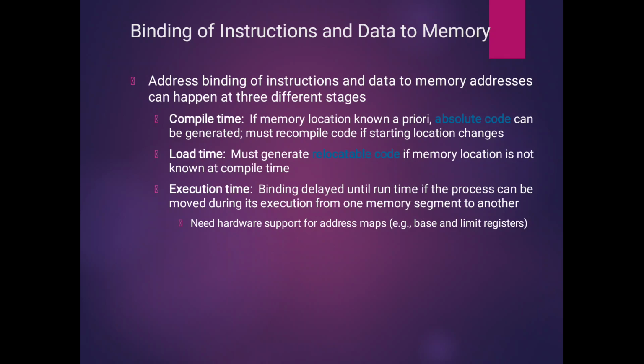You must recompile the code if the starting location changes. At load time, we must generate relocatable code if the memory location is not known at compile time. In execution time, binding is delayed until runtime if the process can be moved during execution from one memory segment